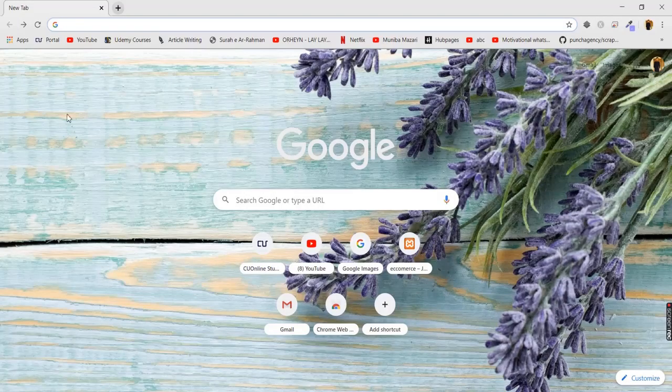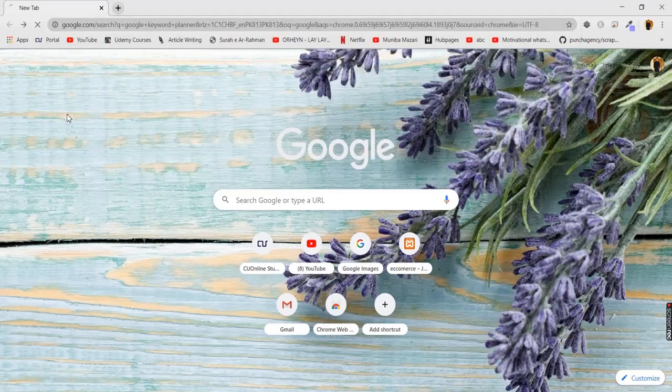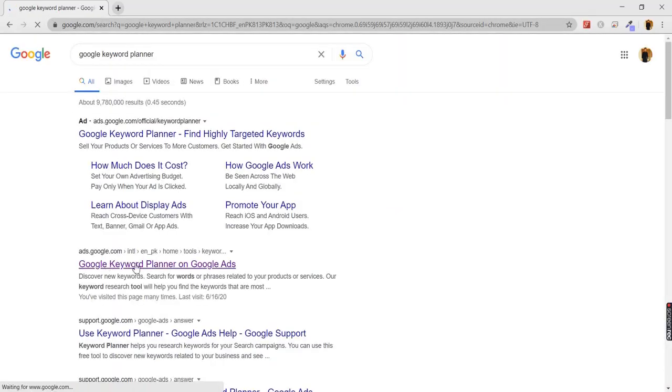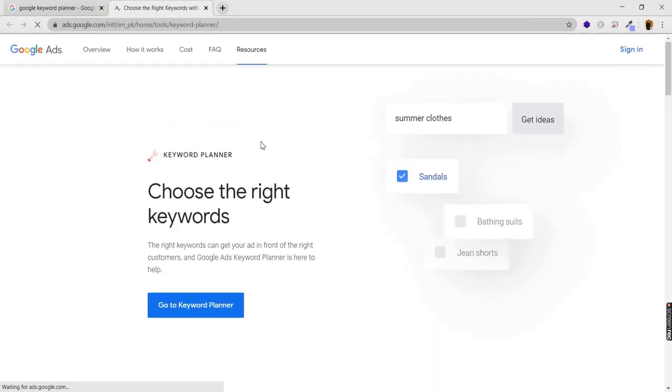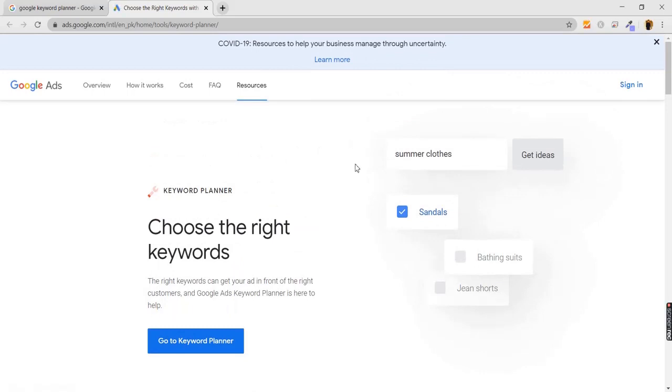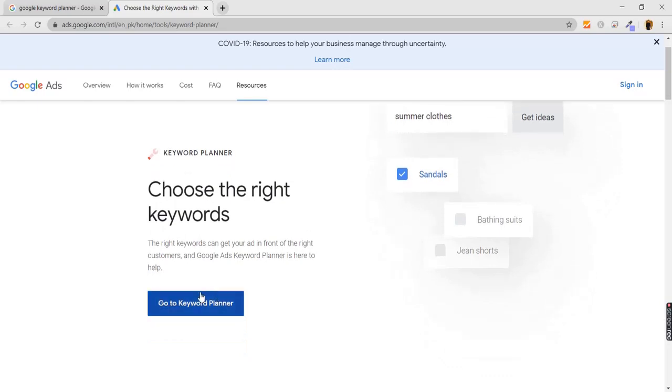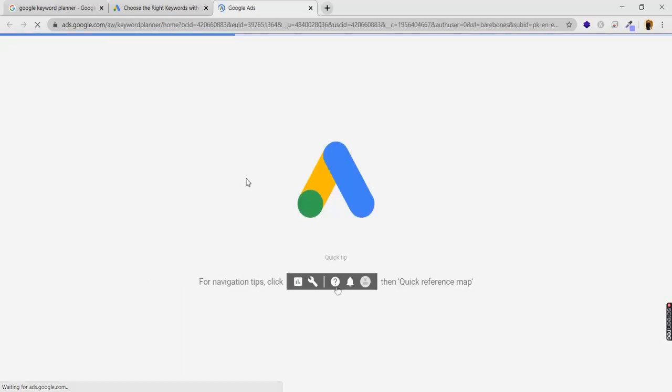Now guys, I have to open up the browser, and here we have to search for the tool that is Google Keyword Planner. This is Google's official keyword planner, and this shows us the results from Google's database. This is official from Google. Now open up this link, and here it will prompt you to sign in with your Google account. I have already signed in, so I am seeing this page. Now go to the Google Keyword Planner, and once this page is loaded, we will be ready to explore the right keyword ideas for our content.